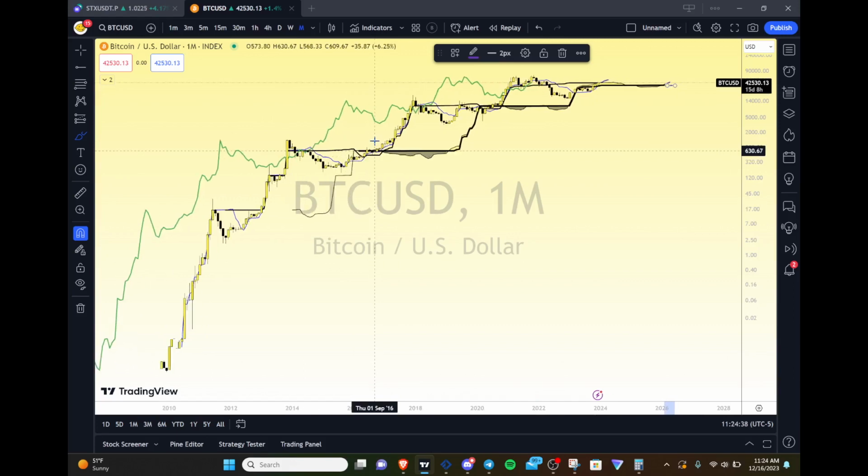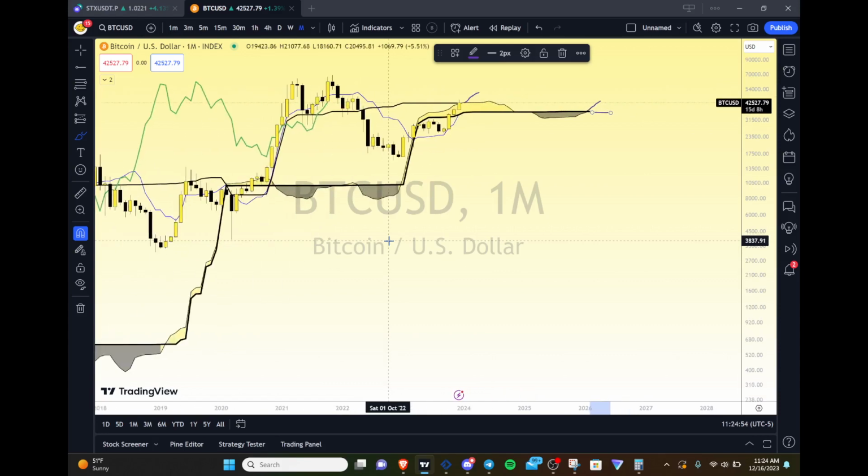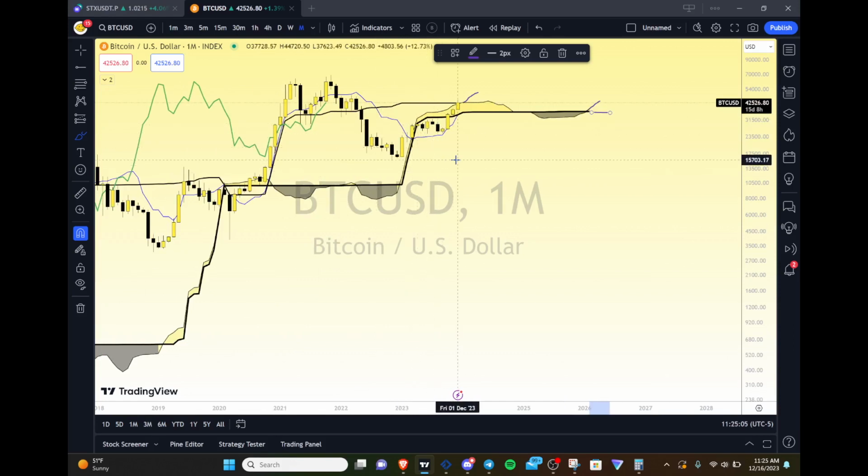Now, granted, there's not much data here because Bitcoin's so young, but in general, a monthly Ichimoku, like a weekly and a daily, the higher time frame Ichimokus are extremely accurate over a long period of time because it takes so much work to conquer those zones. So this would be a massive failure that Bitcoin has never seen, and it would open up the door for sub 15,000 and probably going towards 8 to 10,000 and lower.